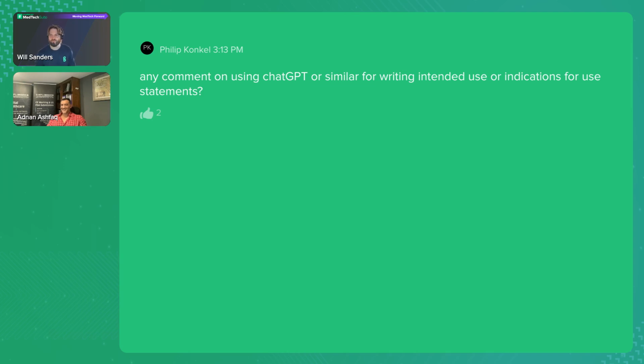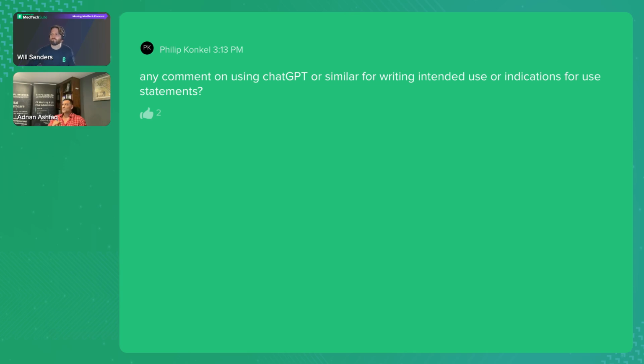I know, a mind-blowing question. The thing is that we're all tempted to use ChatGPT. It's a novel technology out there, and we want to play around with it and see what comes up. I'm not hiding the fact that I've delved into it, and it's mind-blowing what can come back. But again, you need that human element, making sure you're cross-checking with people with the right experience, for indications for use.